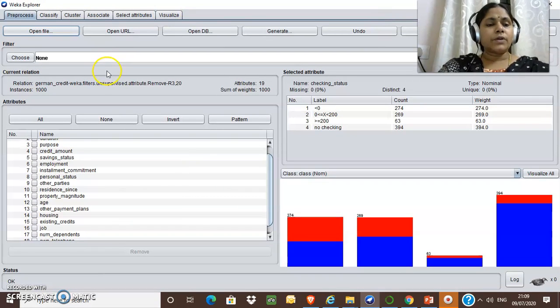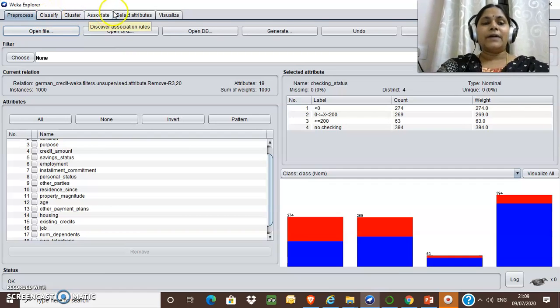Right. So now, coming to the Weka Explorer, we already know that we have different menus like pre-processing, classify, cluster, association, select attributes, and visualize. We have already discussed all these in my previous video.